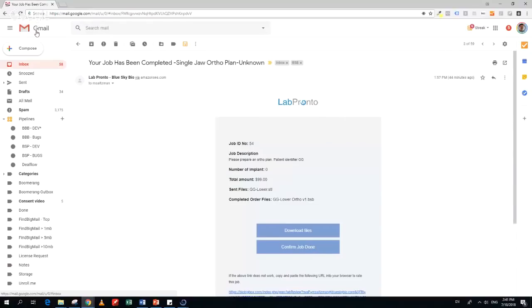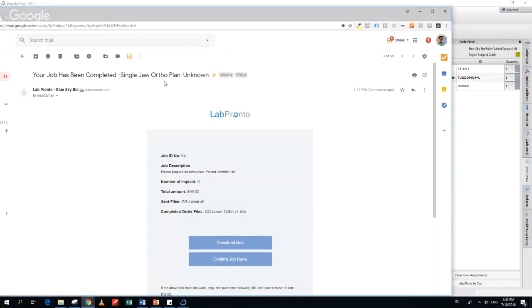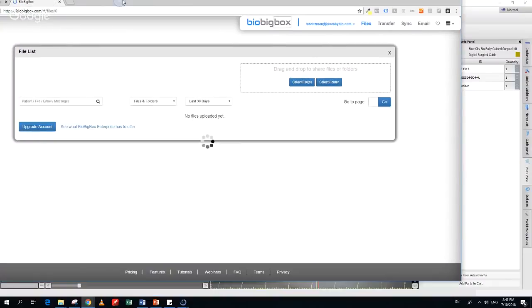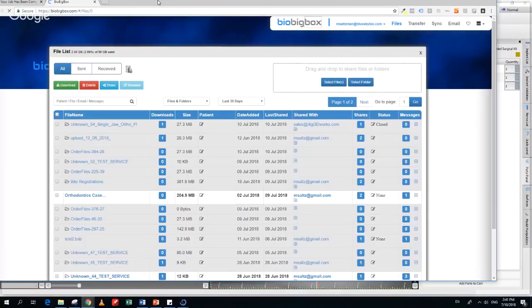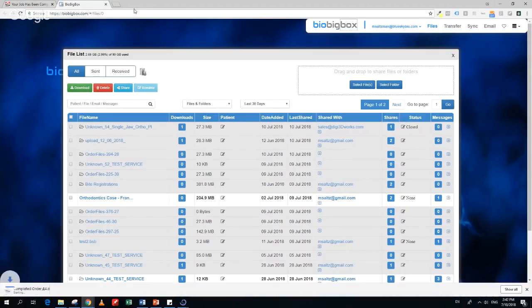Okay, so I've received a notification that your job has been completed. So first thing I could do is download files, and that starts the automatic download. In the bottom left, we could see the automatic download. We could also see that I now have the case in BioBigBox automatically. So that's a great way to store and keep your cases, but of course, you could also download and access